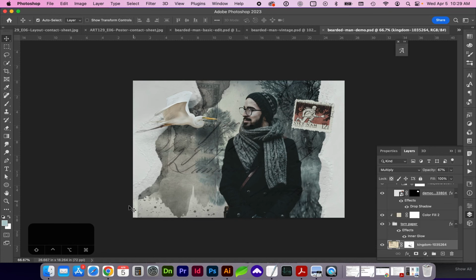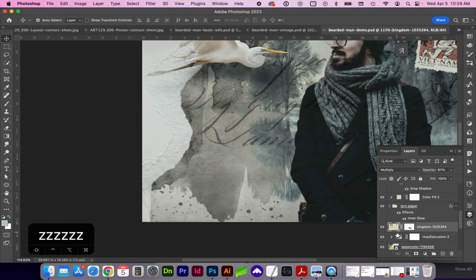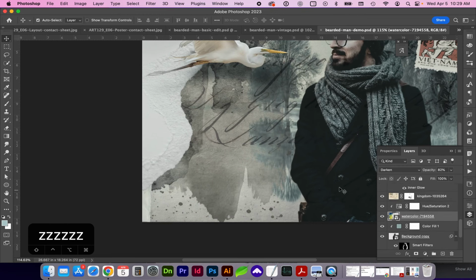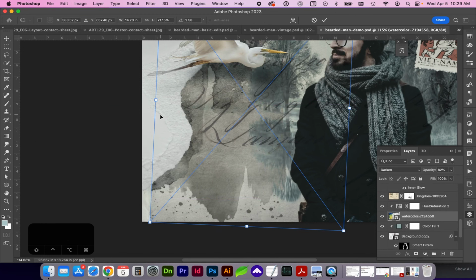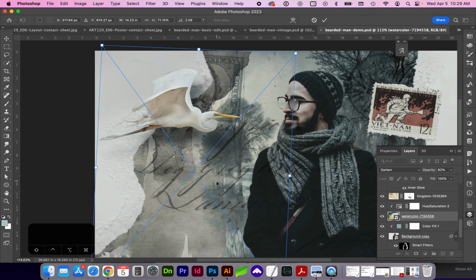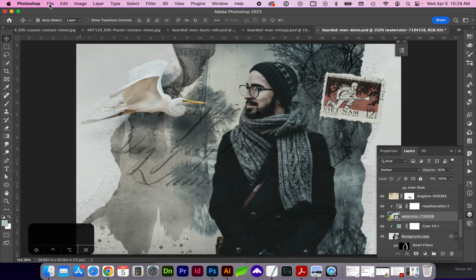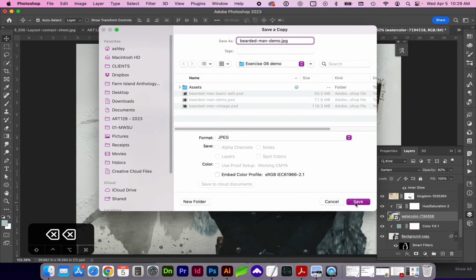And before I save this as a JPEG, I see a hard line between this texture and the background. So I'm going to find that texture, watercolor, and I'm going to transform, Command T or Edit Free Transform, and make sure that's blended or going off the canvas, same as up here. So now let's save this as a JPEG by going to File, Save a Copy, select JPEG, and save at